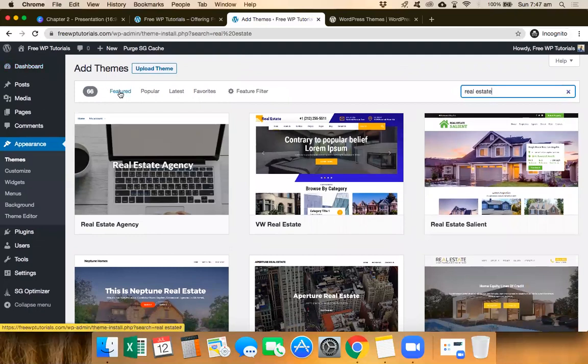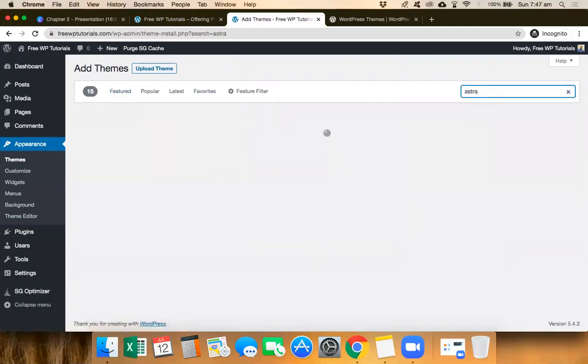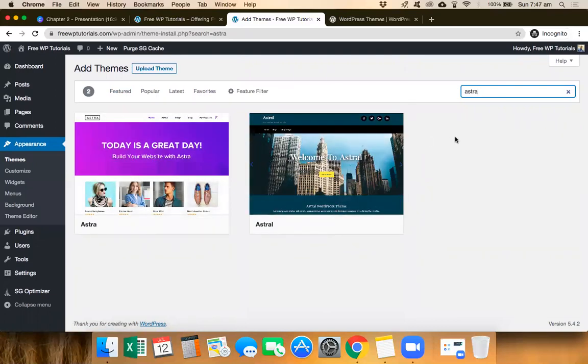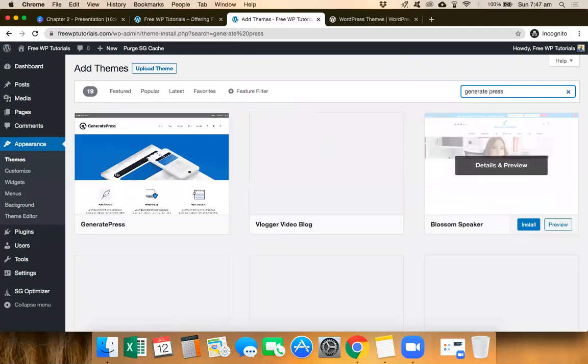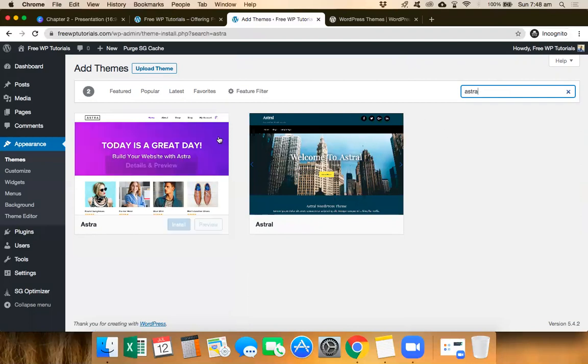Now, one very popular theme which is used and I use as well is Astra. You could select this. There is another one also which is called GeneratePress. Any one of these you could use. Why I use these is that they are very light and very fast loading themes. So when speed is a major factor for you, for your SEO, for your page ranking, I would always suggest going with something which is really light. Now, for the sake of this example, I will go ahead and select Astra and I will install this particular theme.